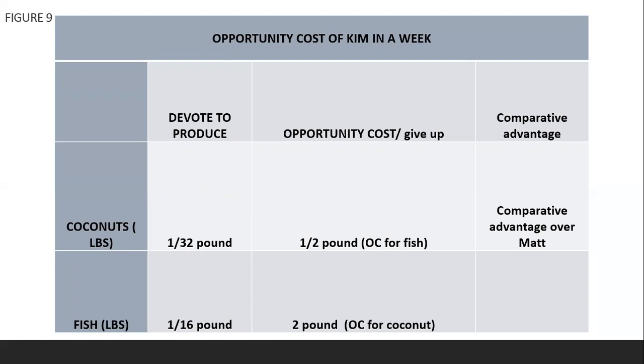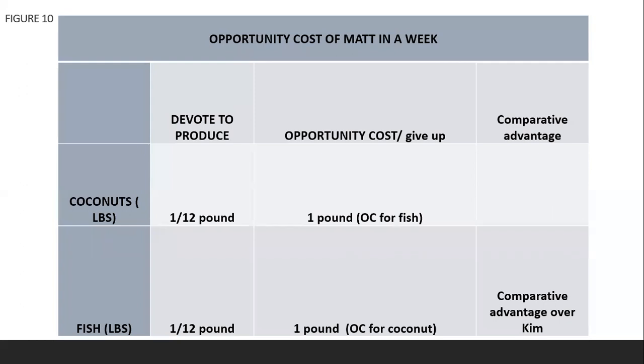She can give up catching fish and focus on producing coconuts, while Matt may focus on producing fish because that is his comparative advantage over Kim, and he needs to give up the